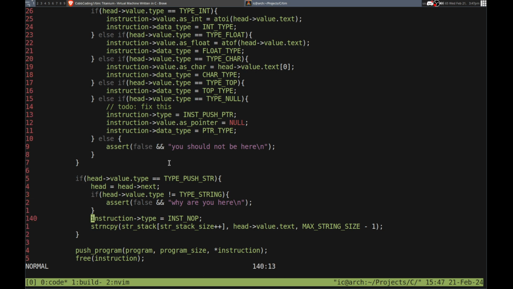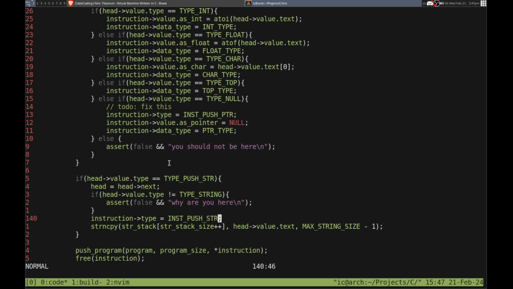Why are you here? Okay, that's kind of... And then we set the type equal to not. That's not what I want. So yeah, this is not. I want to change it. So I want to set the type equals int push stir, right? So we're gonna have that instruction. And what it's going to do is, once we encounter it, it will take this string, but we need,